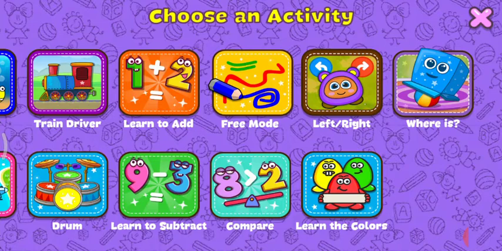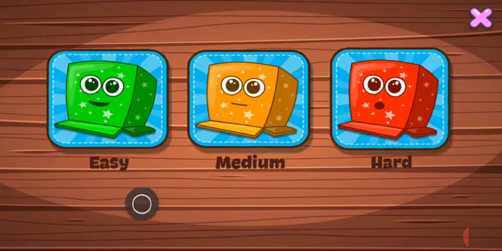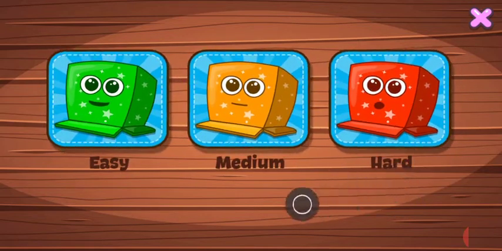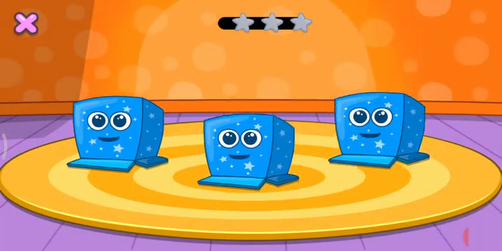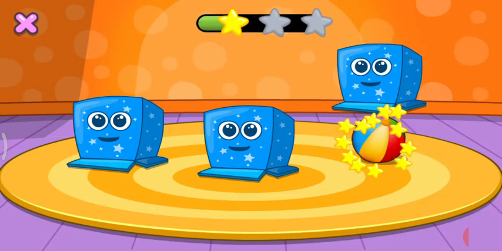Where is? Here you can improve your concentration power. We can see the 3 levels: easy, medium, and hard, slower and faster. Okay, children, just go one by one and practice. You can get more practice on clicking and observation. Tell me the answer.